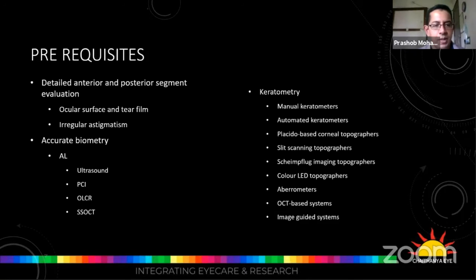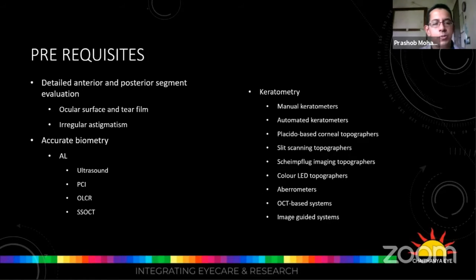So assess carefully. And how do you identify irregular astigmatism? The best way is to do a proper retinoscopy. You'll be able to see the loss of the clear reflex. And another method is to do multiple measurements with the same instrument. If you're not getting consistent results with the same instrument of keratometry, then it means there's something wrong. Also, if there's no clear agreement between different instruments that you use to measure the keratometry, such as manual or automated keratometers or topographers, then also you get a clue that it's irregular astigmatism. Of course, you can get it very nicely if you have a topographer. The irregular astigmatism can be easily discerned.